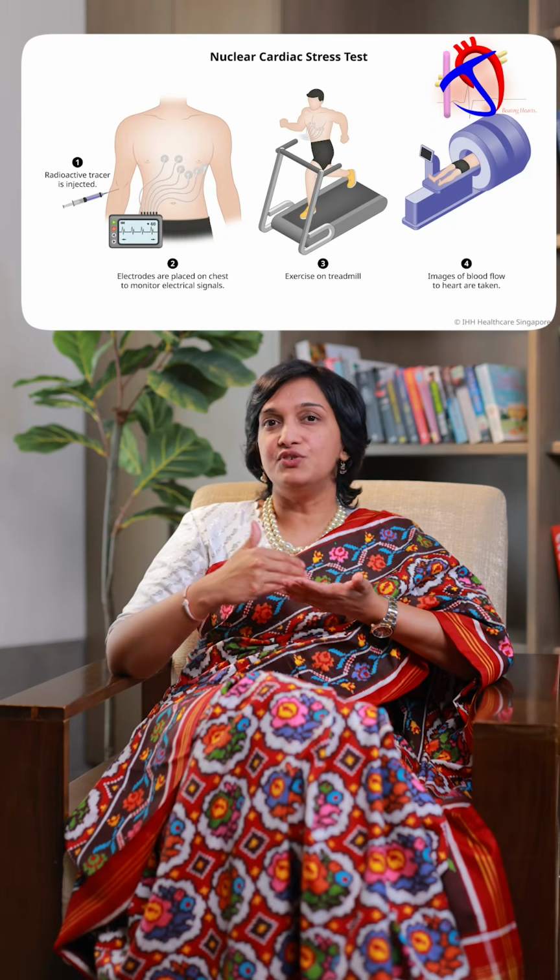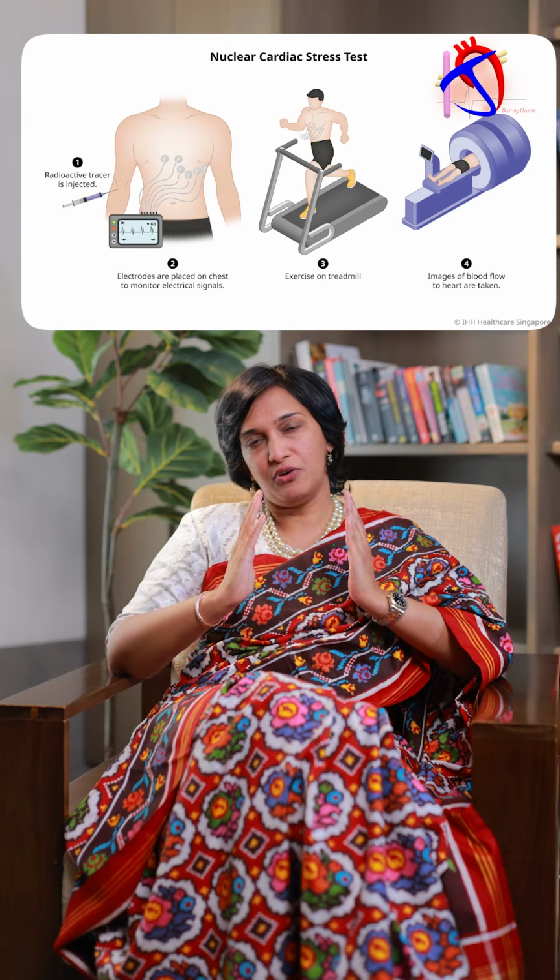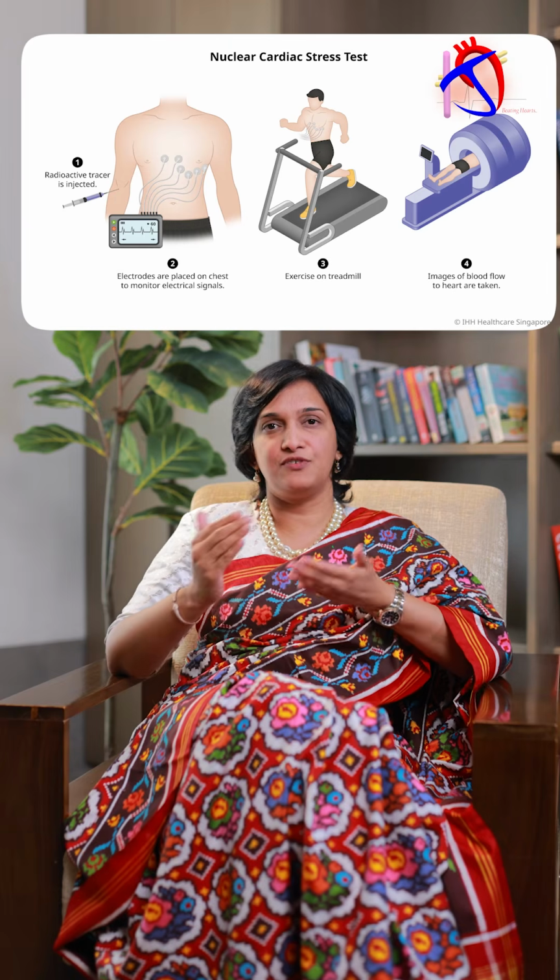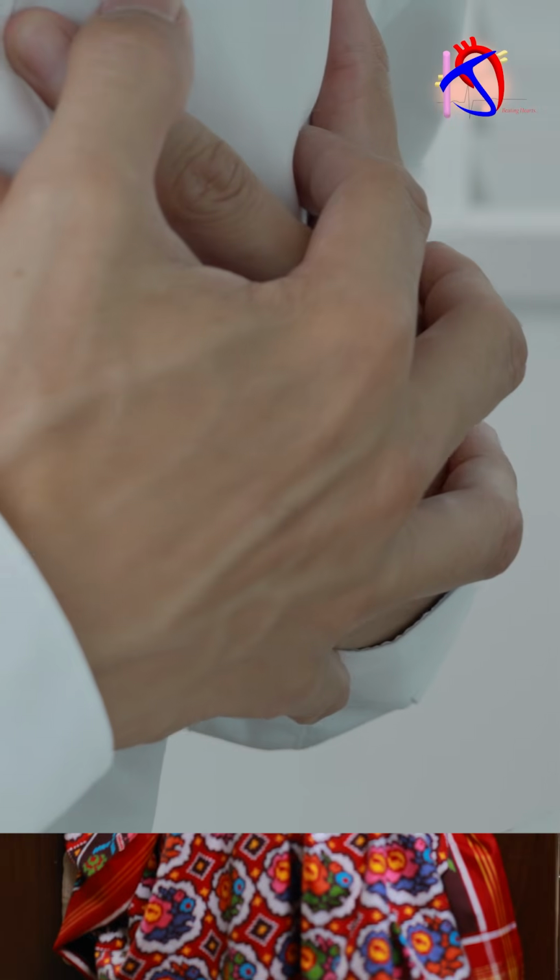Number two is nuclear stress test. They take imaging of your heart before and after they perform stress tests. Either it can be exercise or it can be pharmacological stress tests where they give you medicine and stress your heart and take pictures of your heart before and after. And they compare the pictures to see if there is a perfusion defect. That means that a certain part of the heart is not getting the blood supply it needs because there is a blockage. That's another kind of stress test.